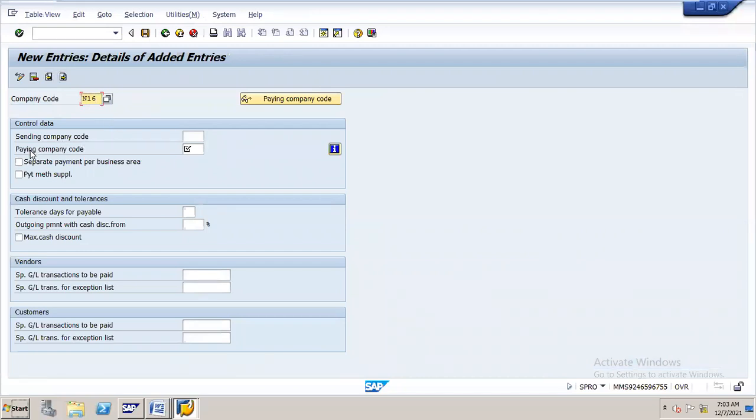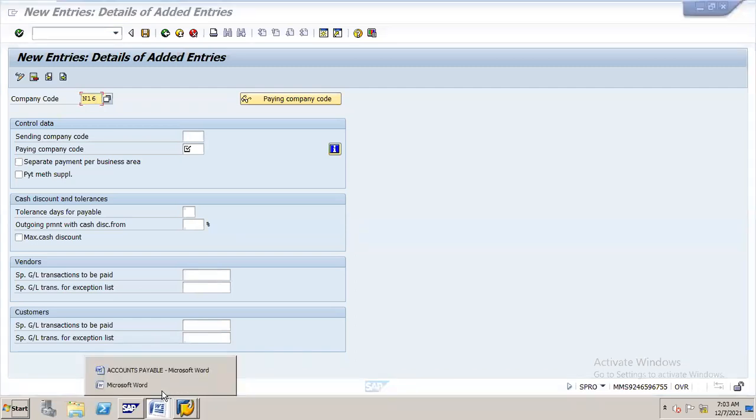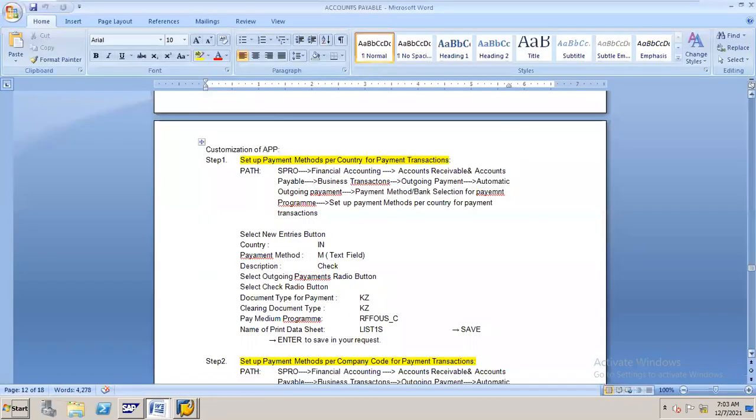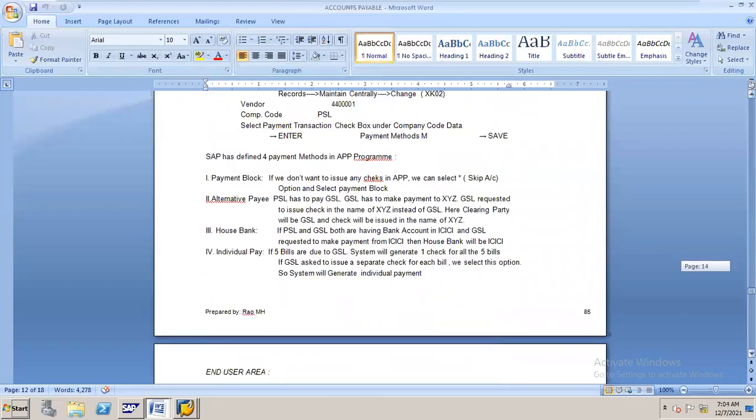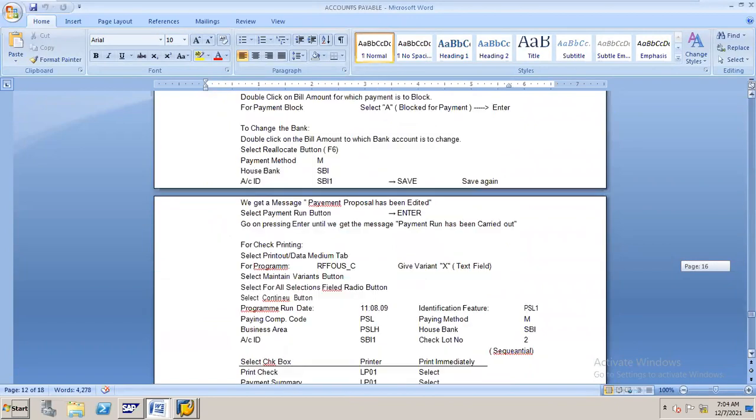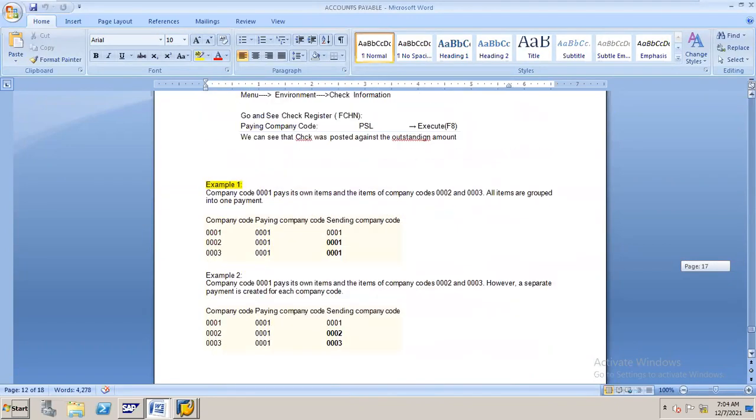Here we have sending company code and paying company code. What is sending company code? What is paying company code?